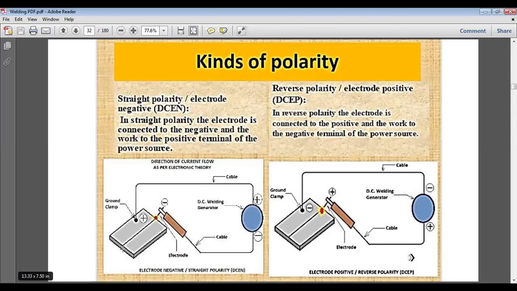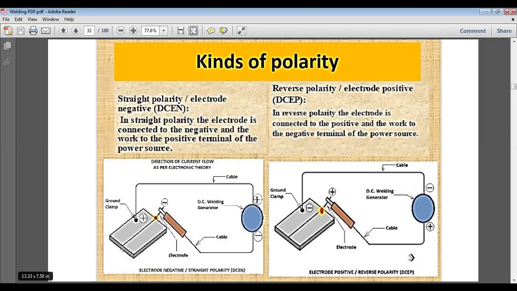This will be a big affected area if the thickness is less or the melting temperature is low, because more heat is created and the metal should be able to bear the heat created. The metal is not capable of bearing more heat if it is thin or has a low melting point.